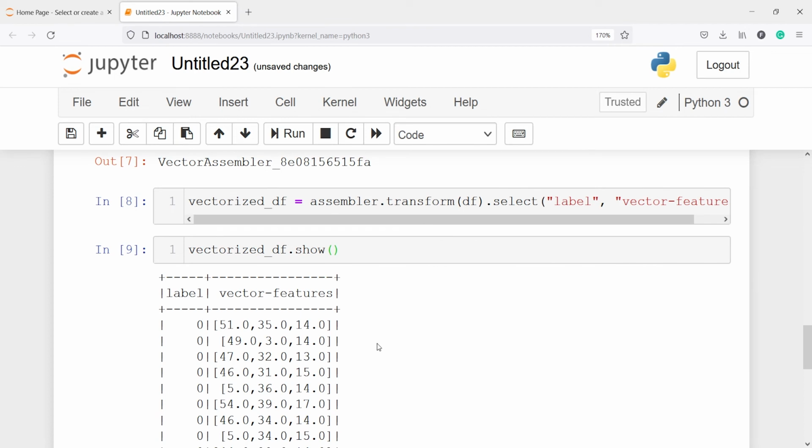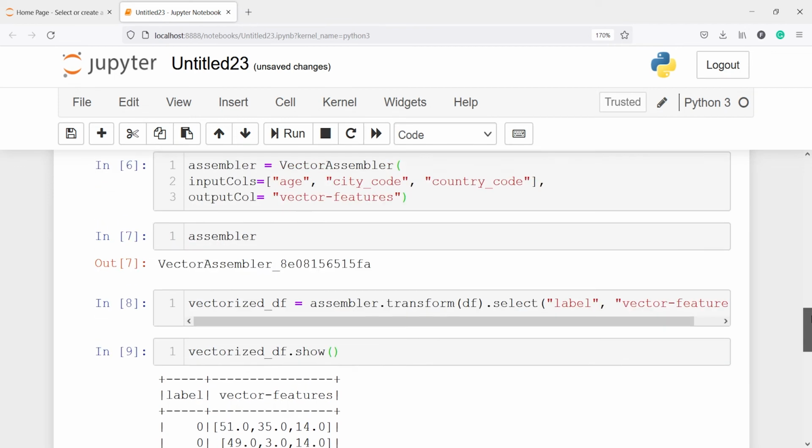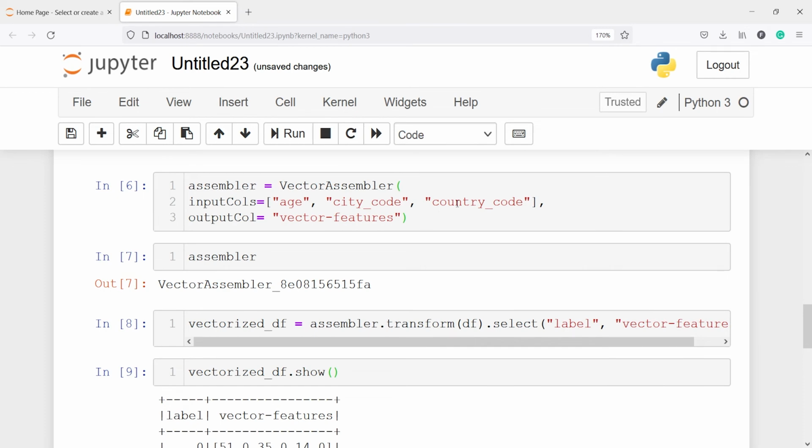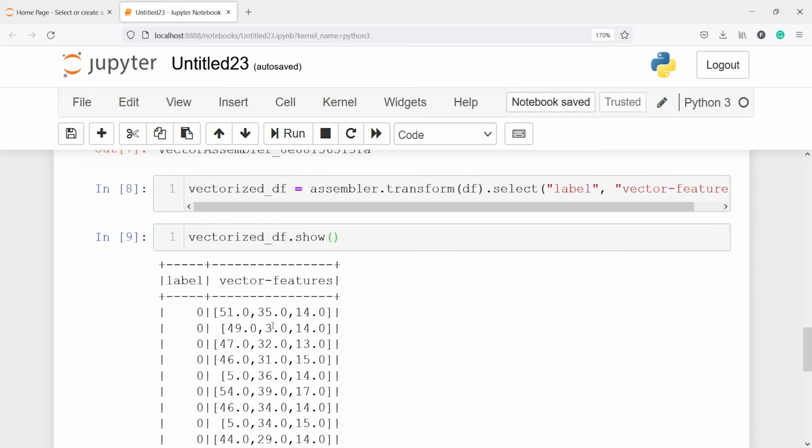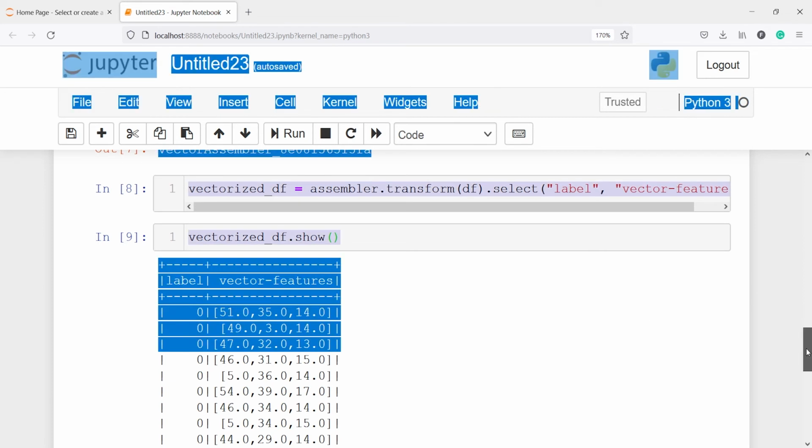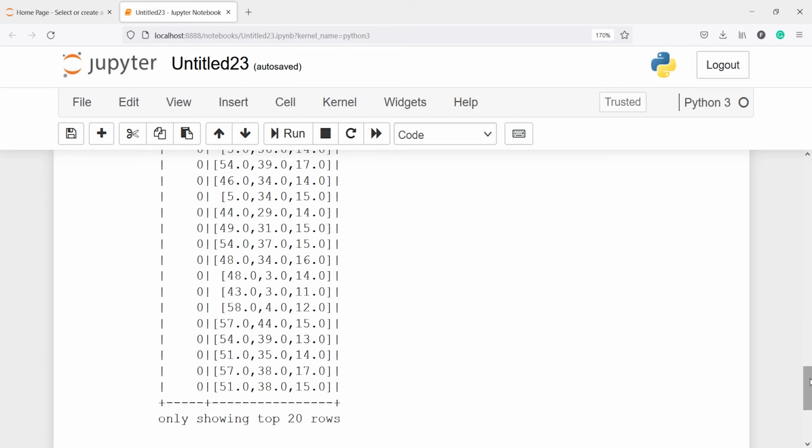Here you will find three values. The first one is for age, the second one is for the city code, and the third one is for country code. That's why we are having three values in our vector features, and this is our label variable. Now we are going to find the chi-square test between these independent variables and our label variable.